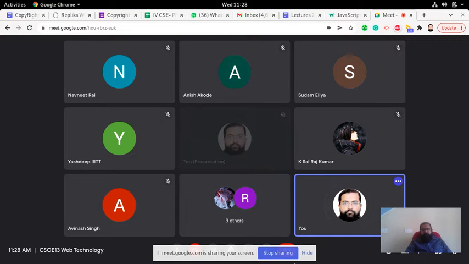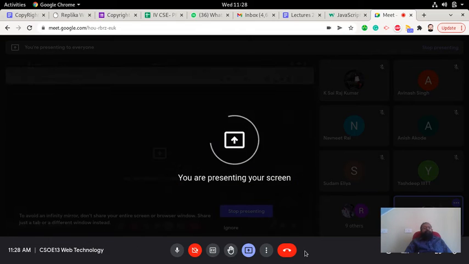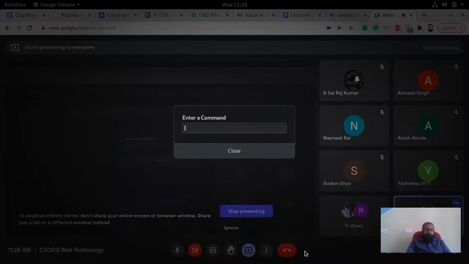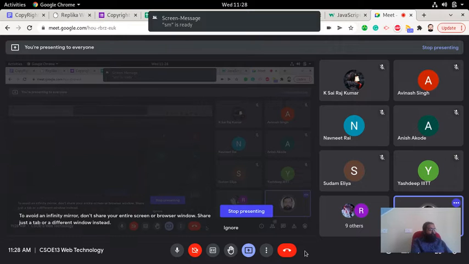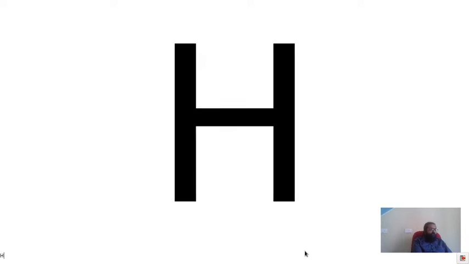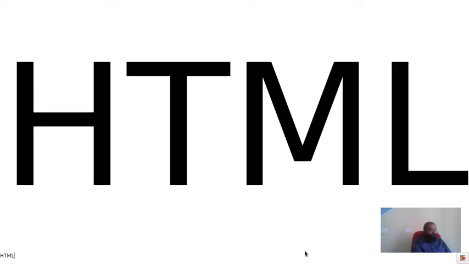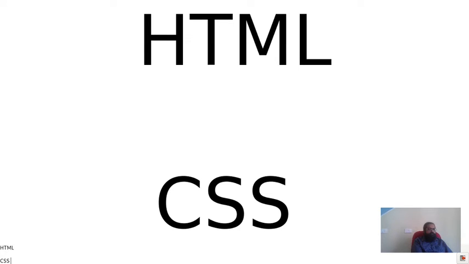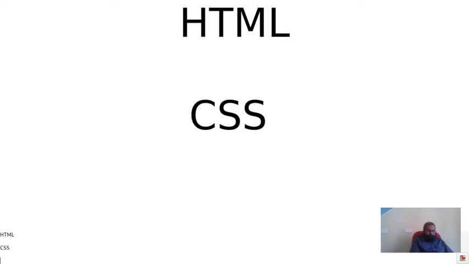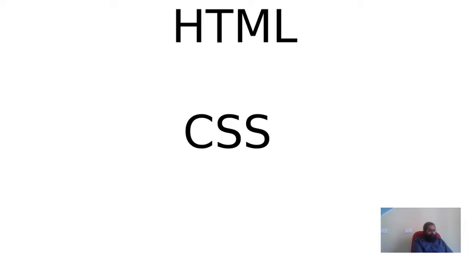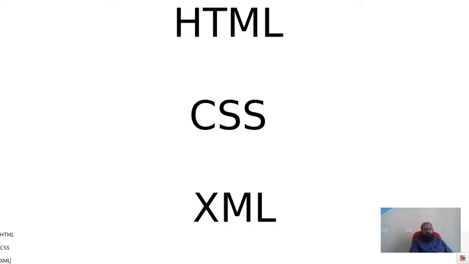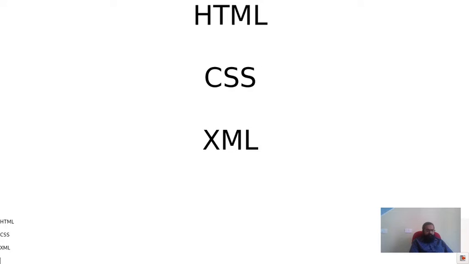Okay, so far we have learned about HTML. Let's just write down the topics that we have learned. HTML, then you learned a little bit of CSS, then you learned a bit of XML, correct? So these were the things that we have covered, and now we have, let's say, PHP,